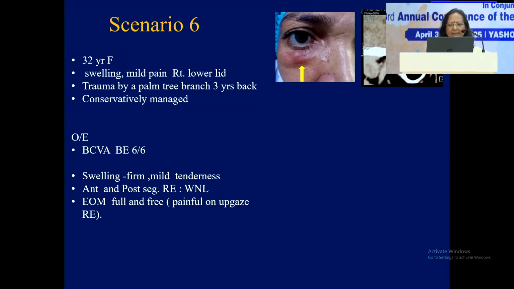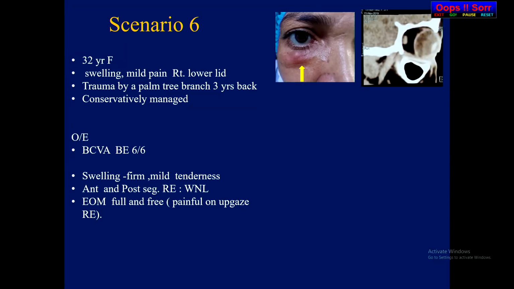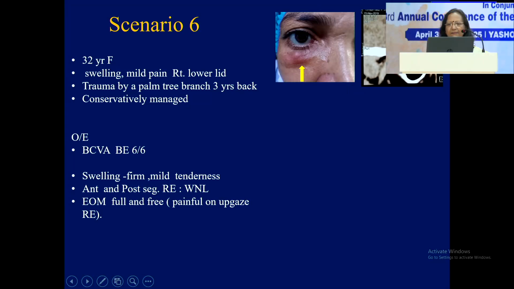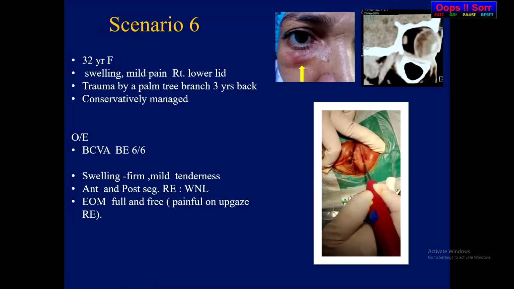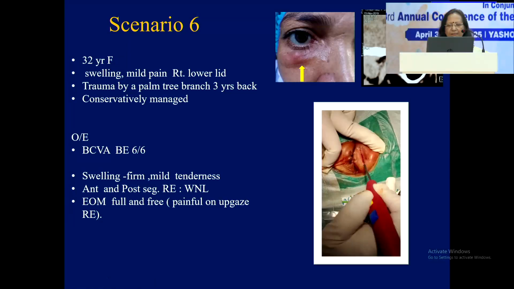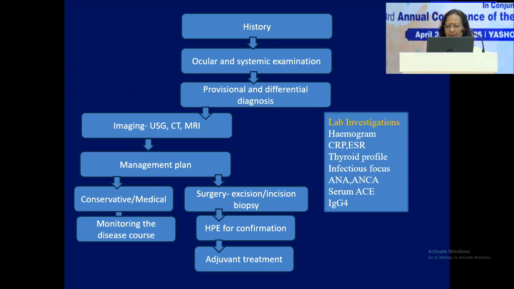And we did the CT scan. In CT, there is a linear hyperdense shadow you can see. Looks like a foreign body. So what we did is that we directly went for the